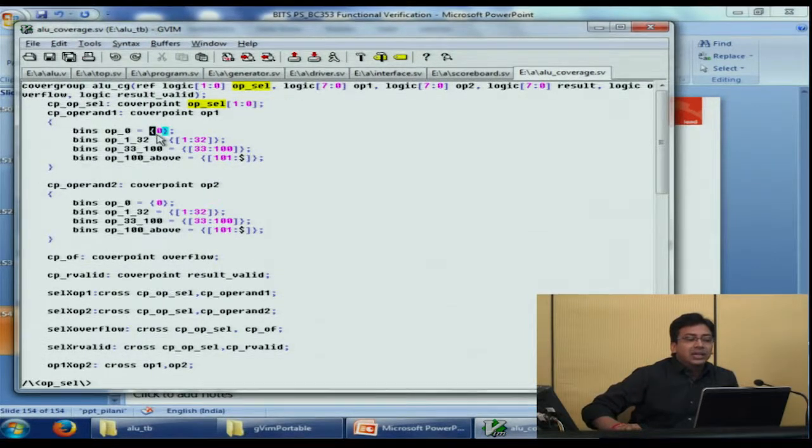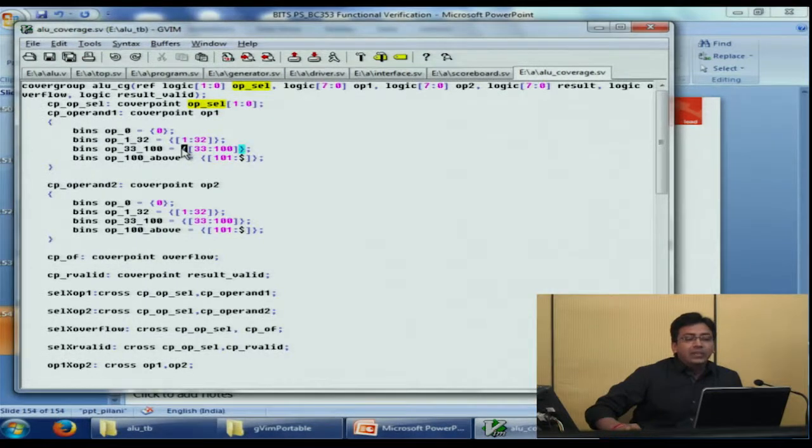It says that did it ever happen that operand 1 was 0? If it was 0, cover it. Just like that, did it ever happen that operand 1 was between 1 and 32? That means if any value of 1 to 32 comes for operand 1, this bin will get covered.